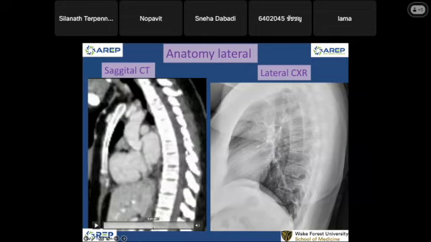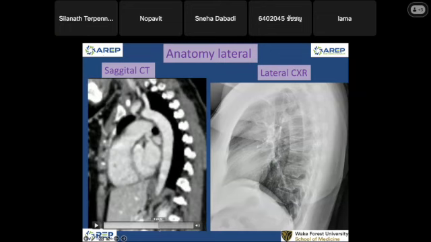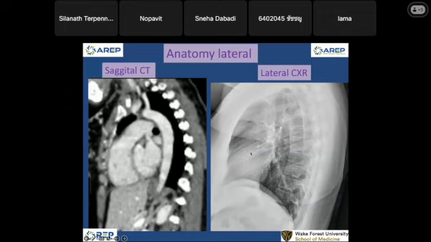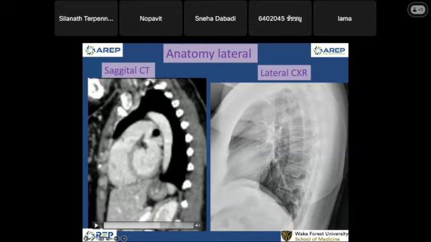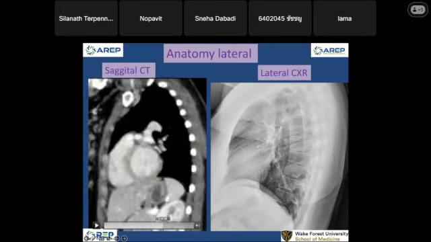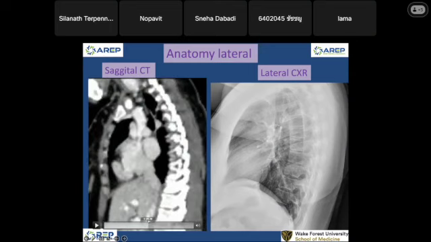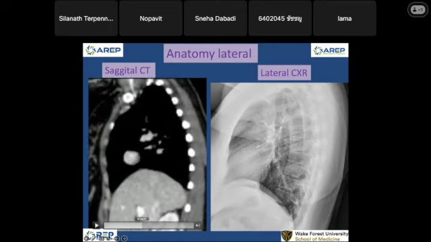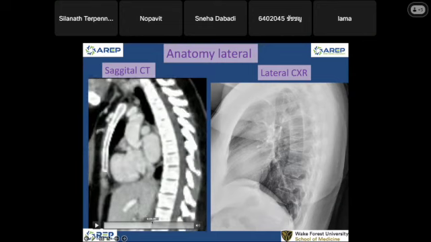From the right atrium, it passes through the tricuspid valve and goes to the right ventricle. This is a right ventricle. Compared to chest radiograph, right ventricle will be right here, posterior to the lower sternum. And then from the right ventricle it goes into the pulmonic valve somewhere around here. This is the main pulmonary artery. After that, it becomes right and left main pulmonary artery, and then after gas exchange, comes back into the pulmonary